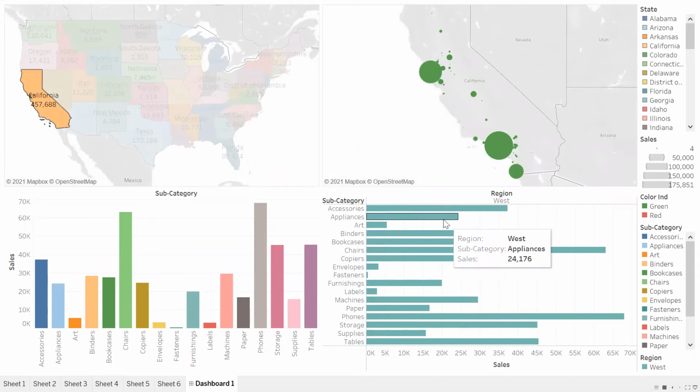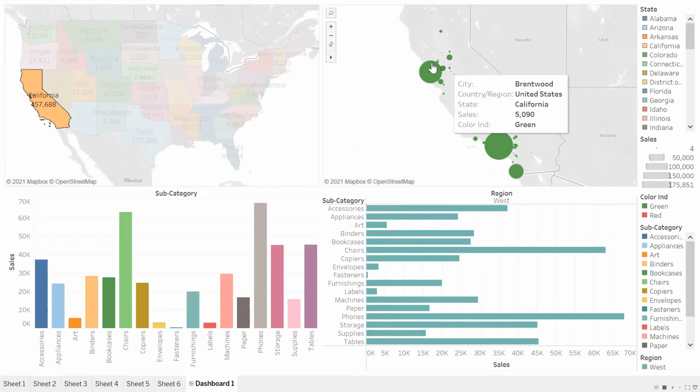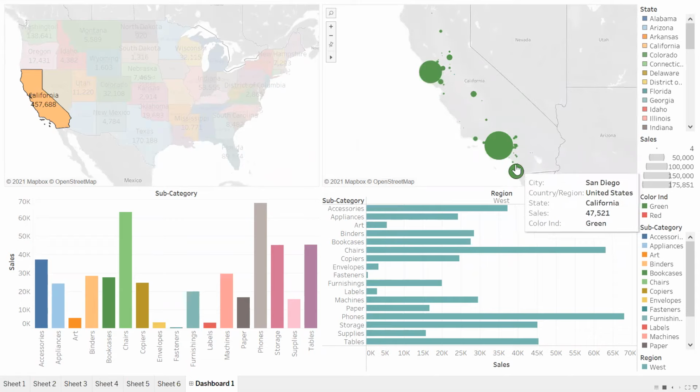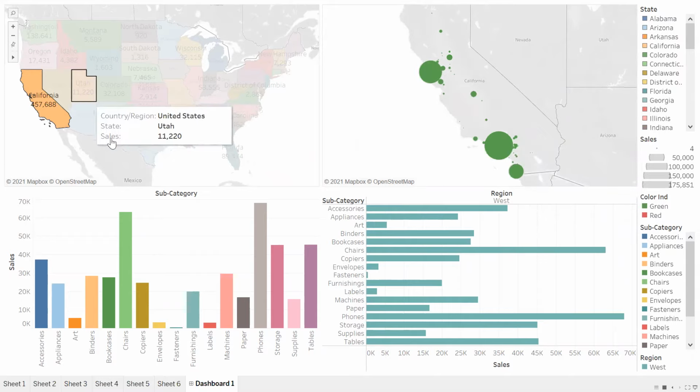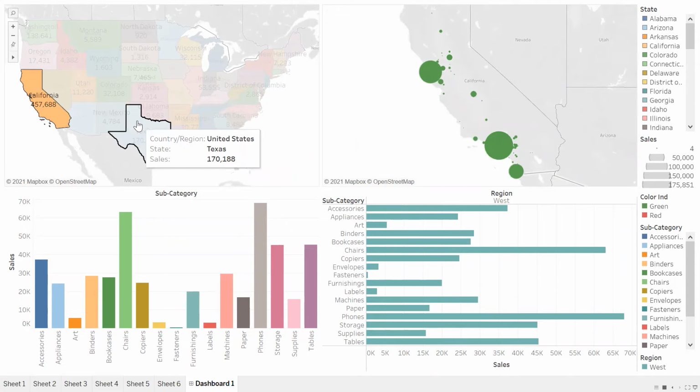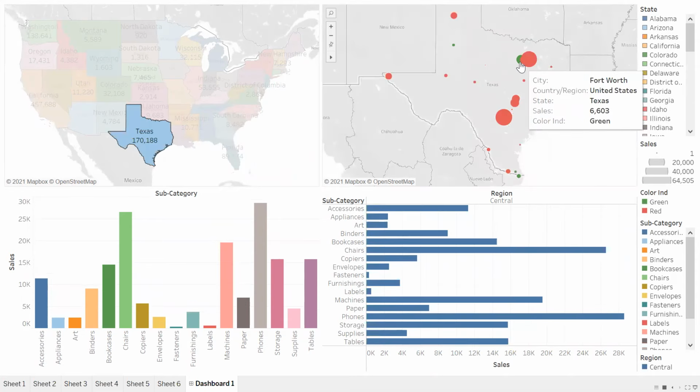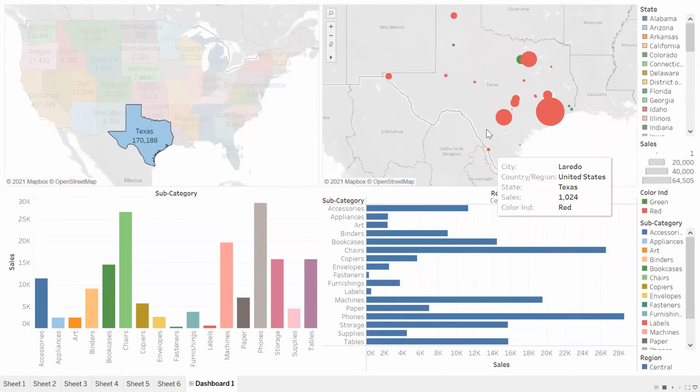I think here the same information which we are showing. Maybe we should have gone for profit, I think, but you can see the California-wise cities information. You can see the map got changed to California cities. So when you select Texas, it will showcase the Texas cities information here. And you can also see here the graphs are changing.